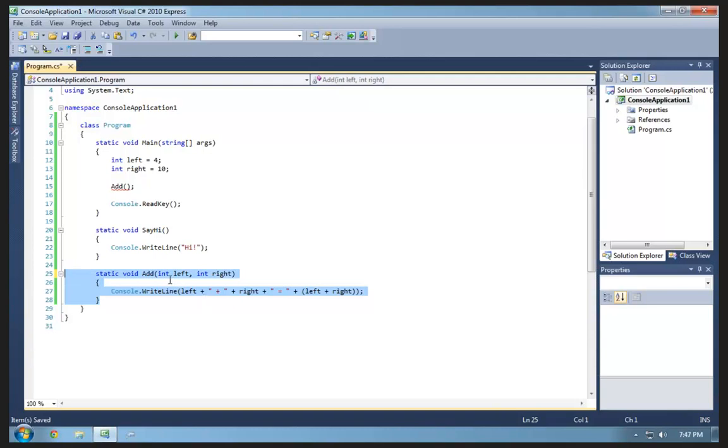We've essentially specified that this method is going to take in 2 parameters, and these 2 parameters are going to be assigned to the local variables left and right, and they're treated just like local variables. So to turn our attention to add, how can we pass data into it? So if I do a